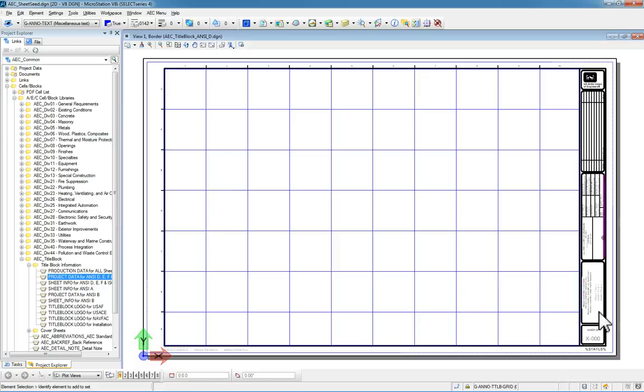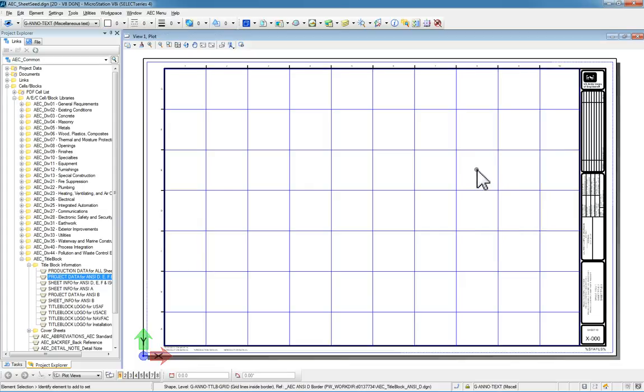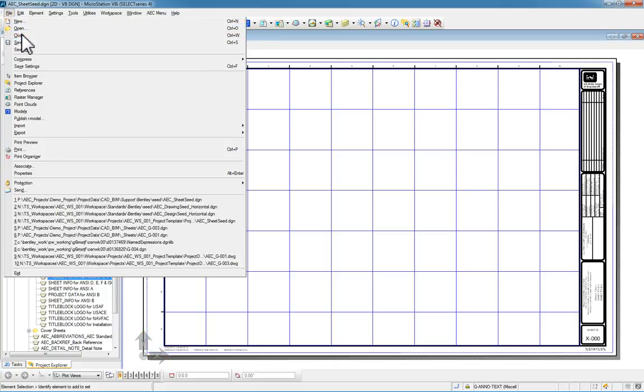that information in correctly. When I get done with that, then I'm going to right press on the title block again and I'm going to deactivate the border. And at this point the seed file should be pretty well done. So the next thing I'm going to do is I'm going to close this and